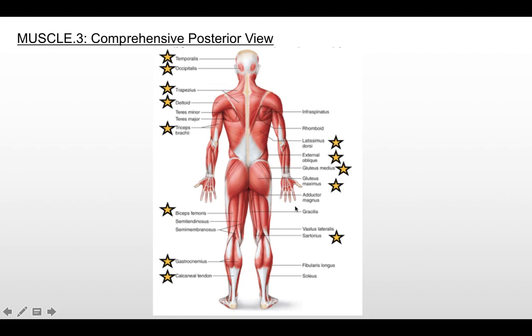Here's that big one. The sartorius, which was crossing around the front, but you can see a little piece of it here on the back. Our biceps femoris on the femur side. Our gastrocnemius, which is a two-part calf muscle. And then, just for fun, your Achilles tendon is known as your calcaneal